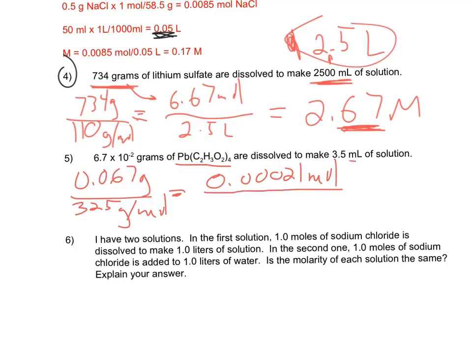And again, they gave us milliliters, so we divide by 1,000 to convert to liters. So that's 0.0035 liters. Okay, so we got all sorts of decimals and zeros and things. Just need to be real careful when we're doing this math. But 0.00021 divided by 0.0035 gives us a molarity of